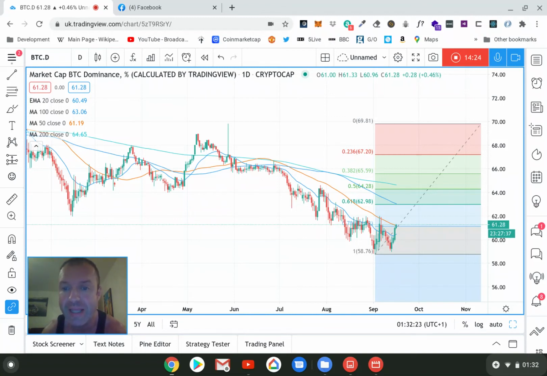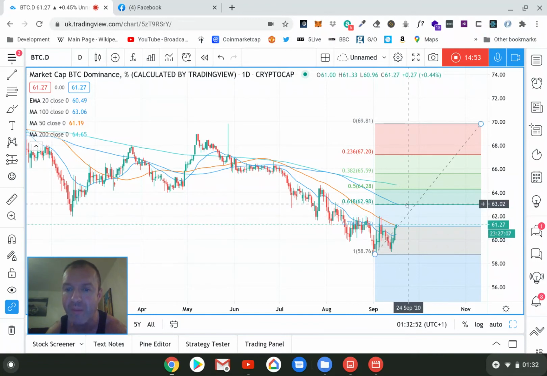I don't think the altcoins will tank if Bitcoin gains strength. I think most of them will sit still and lose little bits here and there. And then it's knowing when Bitcoin tops that is really the key to success in crypto. You need to know when the Bitcoin dominance gets to here, 62.98, you want to be thinking about getting your Bitcoin holdings into altcoins pretty fast, because once Bitcoin tops, there's usually always a pump in altcoins.